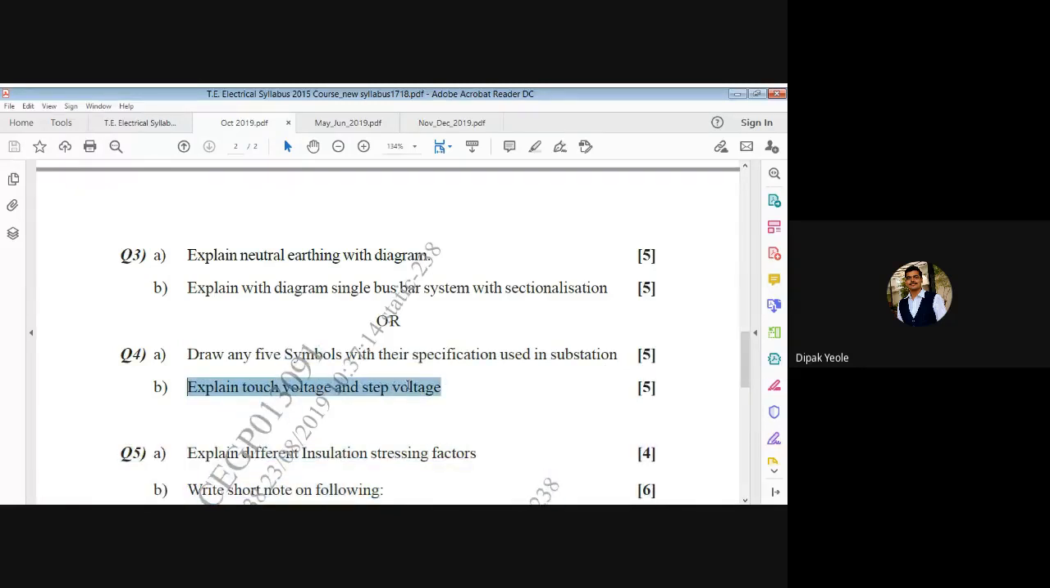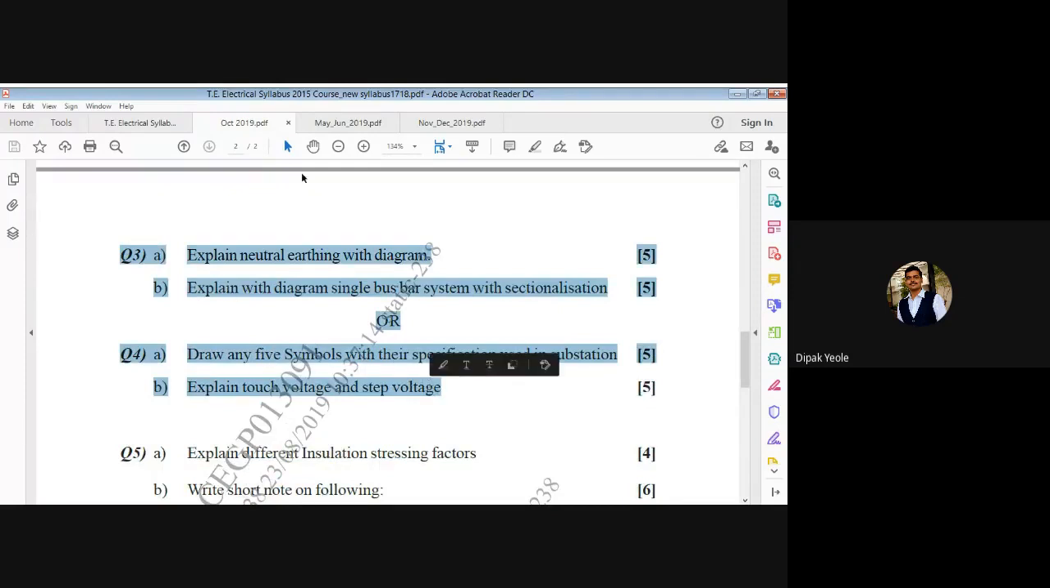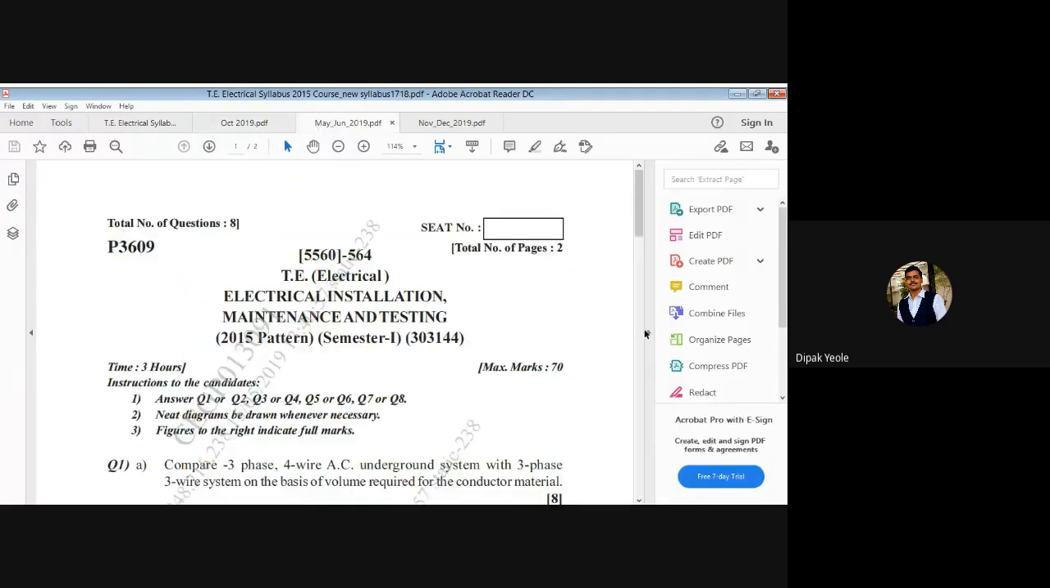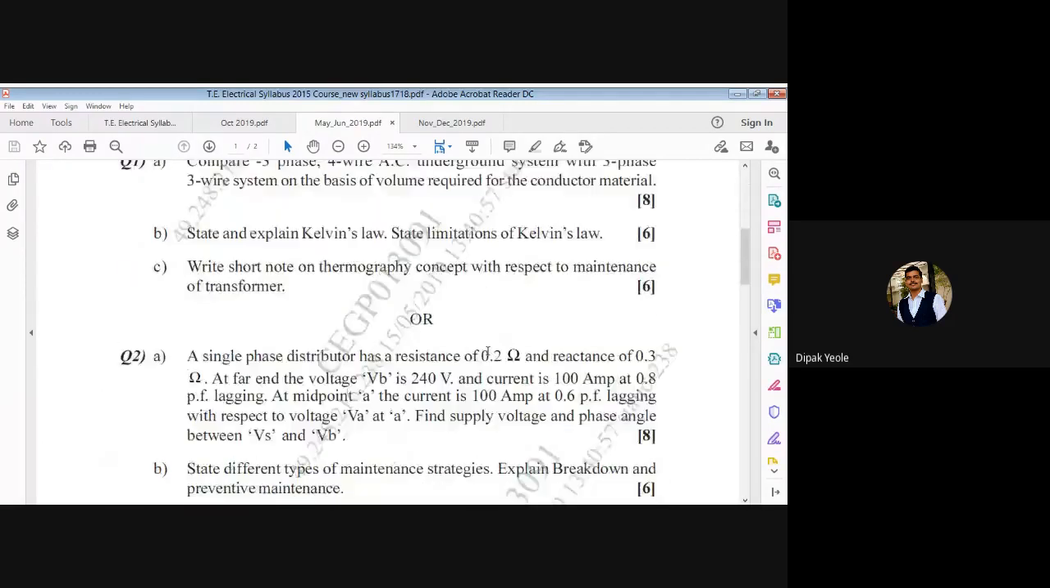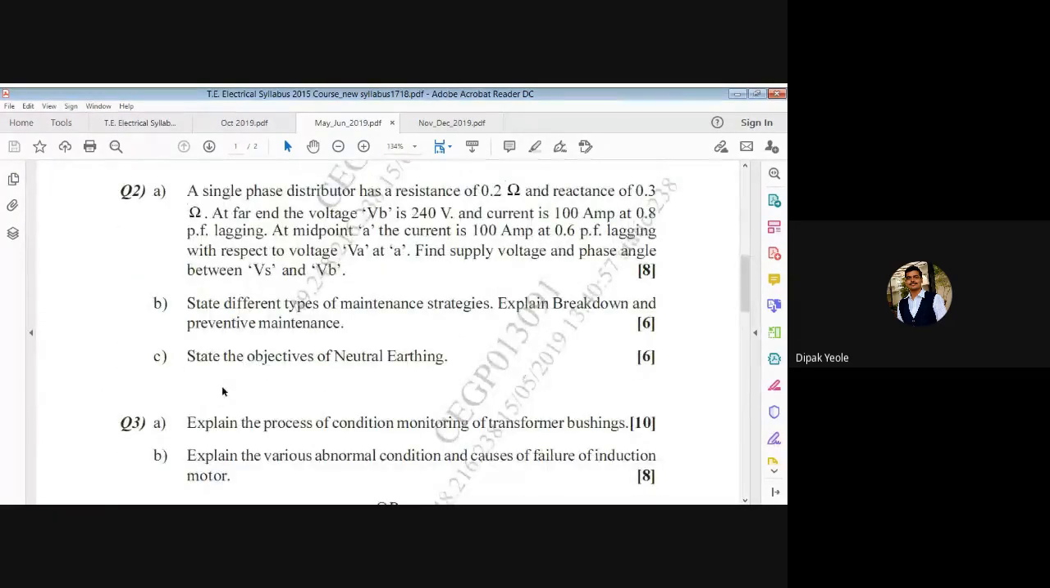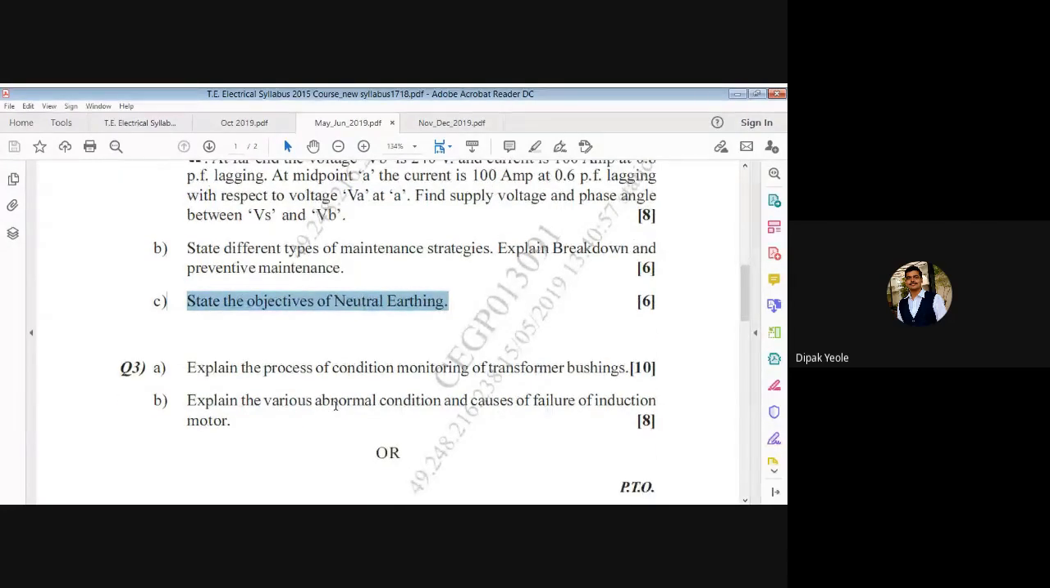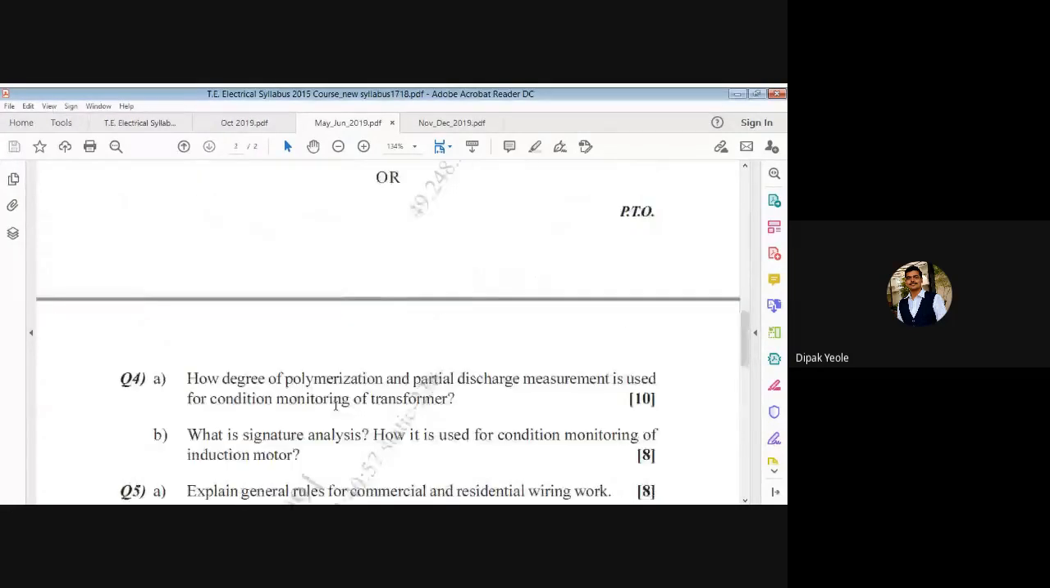And this is the important point. I already told you that a sure question will be asked from this particular point. They are asking to explain the touch voltage and step voltage. It carries the weightage of 5 marks. Okay. This is for unit number 2, and we will discuss the end semester exam paper also. For the end semester exam paper, the question is state the objective of neutral earthing. In the same way they have asked the neutral earthing objectives, and after that they have asked